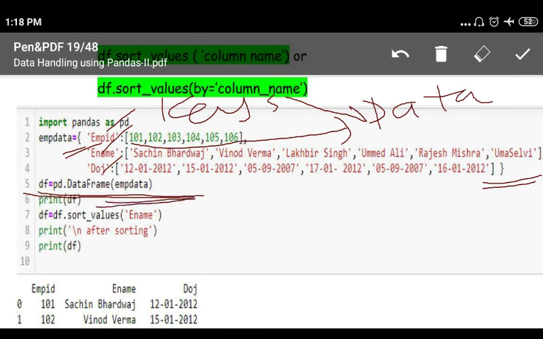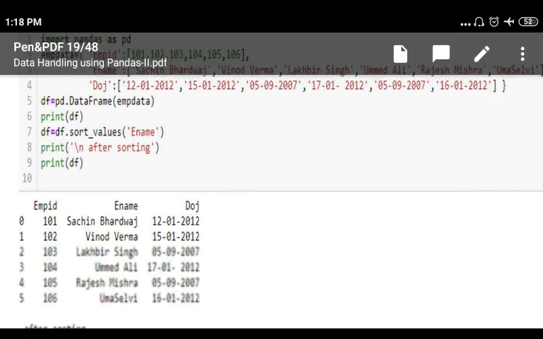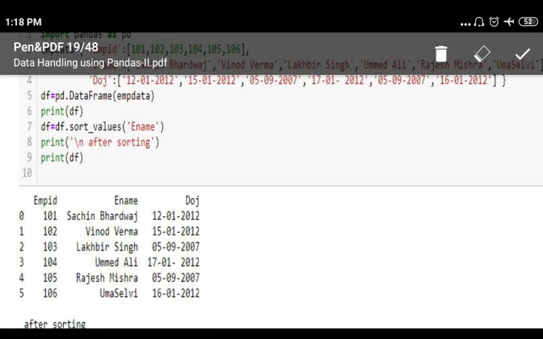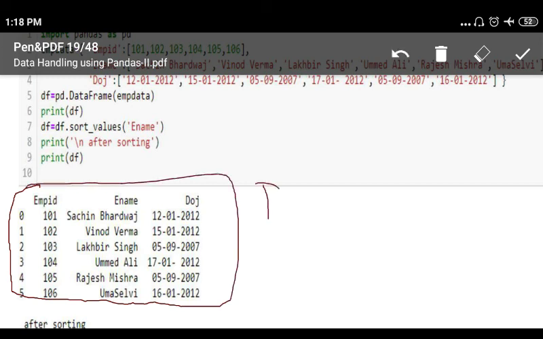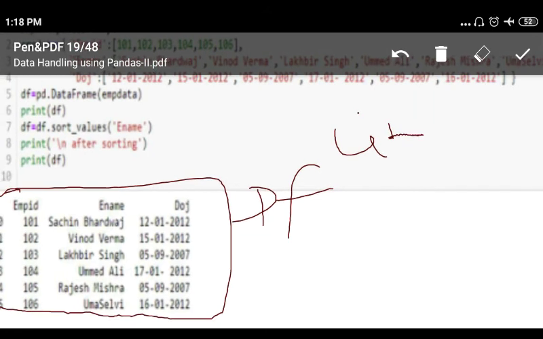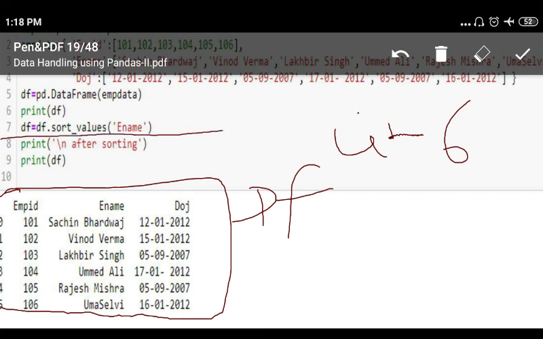So the result of the data frame will come like this. This is the data frame printed by line number 6.